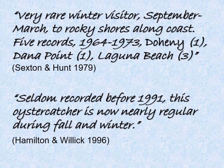In 1979, the comment was that Black Oystercatchers are a very rare winter visitor, September through March, to rocky shores along the coast. There are only 5 records, one of them from Doheny, which has, at low tide, a rocky sort of intertidal, but the beach itself is sand. Dana Point 1, Laguna Beach 3. And then in 1996,